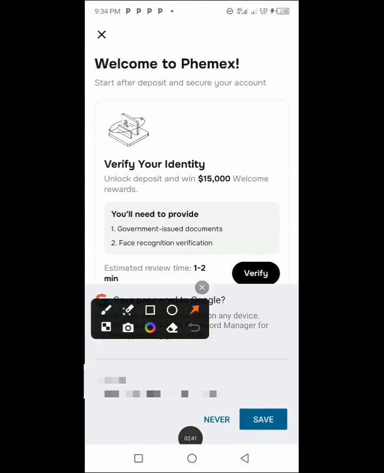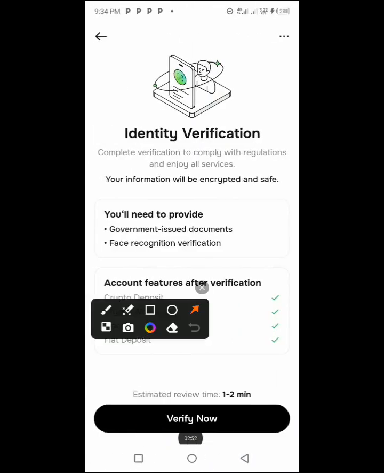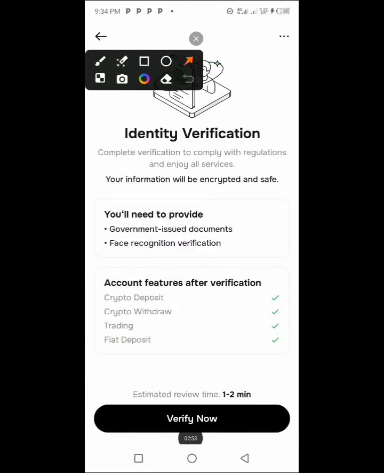Just go ahead and click on this save to save this information in your email. As soon as it is saved, go ahead and click on this verify. Then when you click on verify, it's going to take you right here where you can do your verification on the Phemex exchange. To have full access to the exchange feature, you have to